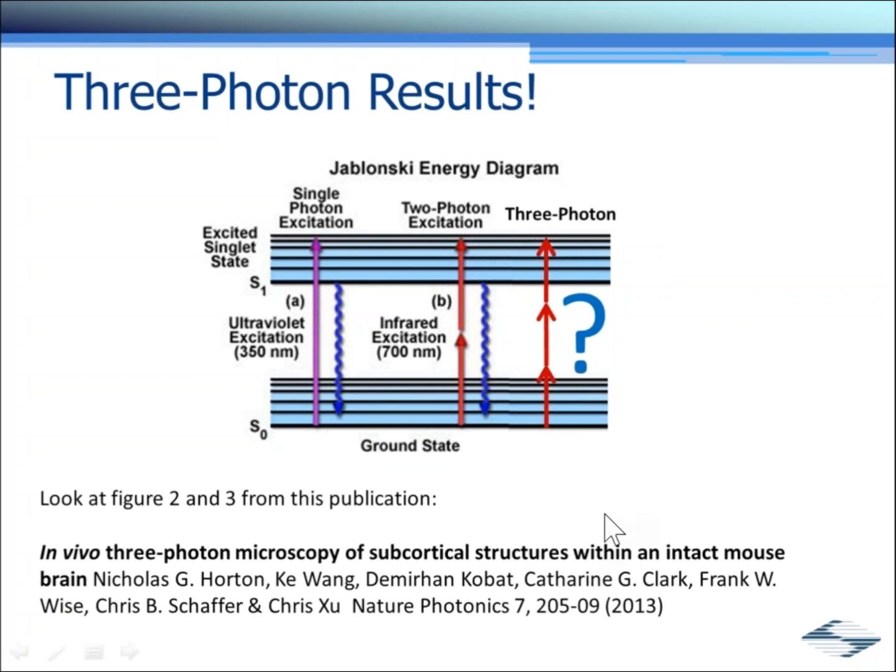And that's why this is starting to become more approachable now, because lasers are being developed, something called soliton lasers, that are providing wavelengths out in this range with enough power to get this imaging done. I'm not able to show the data from this publication due to copyright reasons, but if you're interested in three photon microscopy at all, I highly recommend looking at some of their data. The image quality that's coming out of this is pretty fantastic. It's not completely intuitive why, but as you look at it, there are some good reasons why three photon imaging will provide good results.